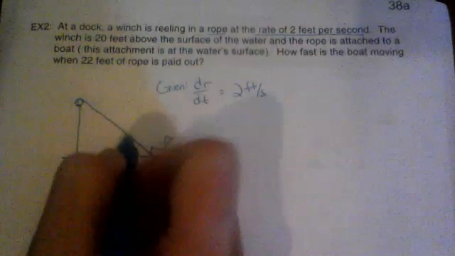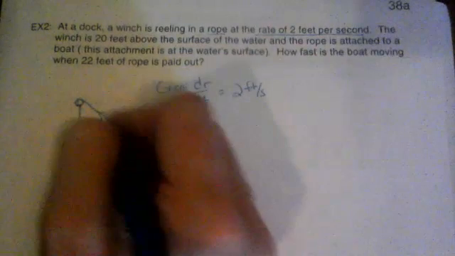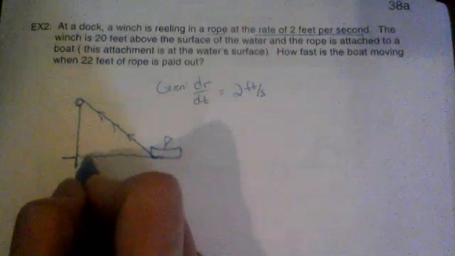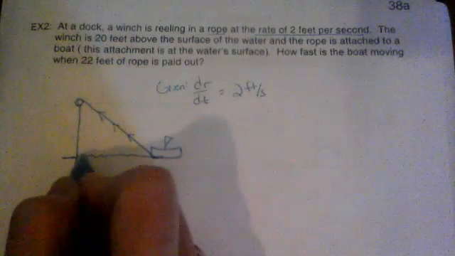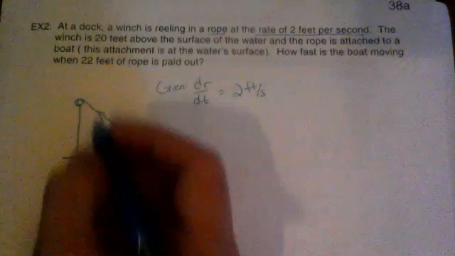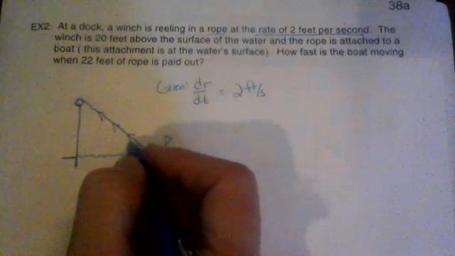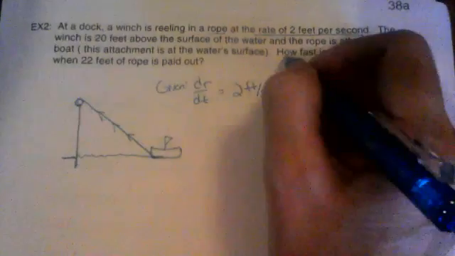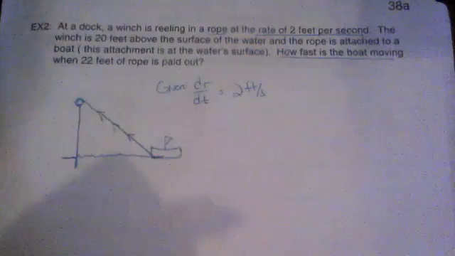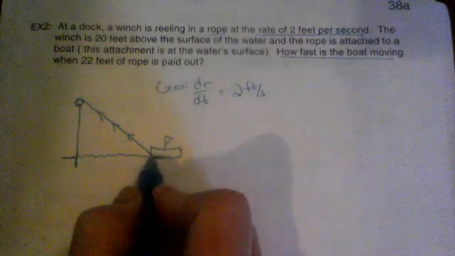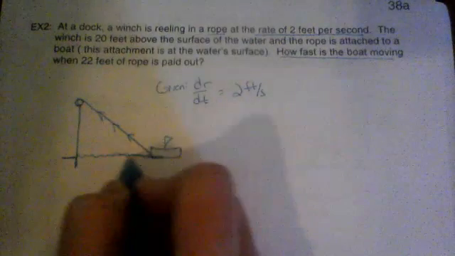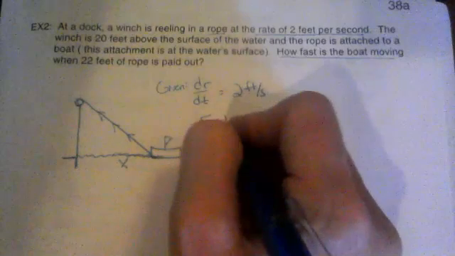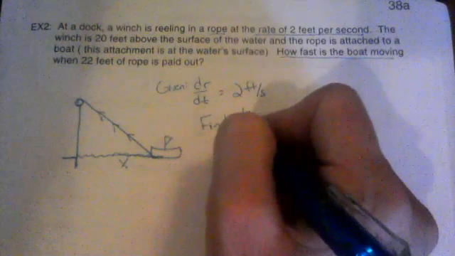And as they reel in this rope, they're pulling in the rope this way, and it's pulling the boat in towards this dock or towards the pole. And so it says that we want to find out how fast the boat is moving. So the boat is moving along the water, not along the rope. So we're going to let this be x right here. So we want to find dx/dt